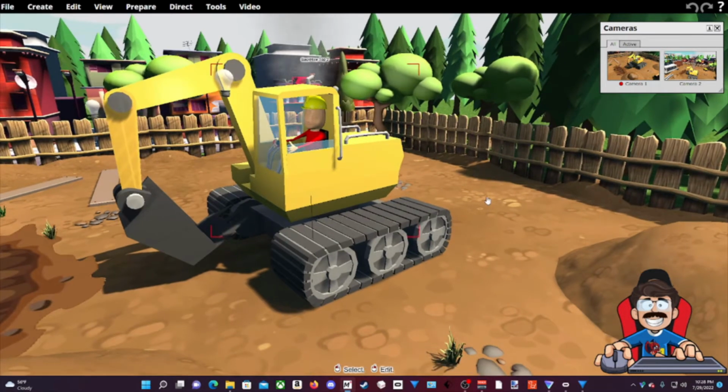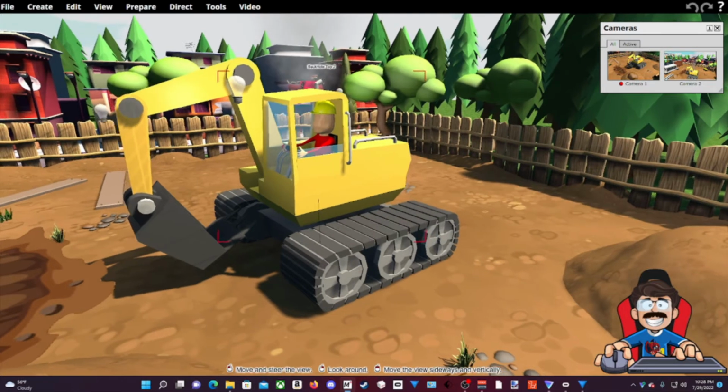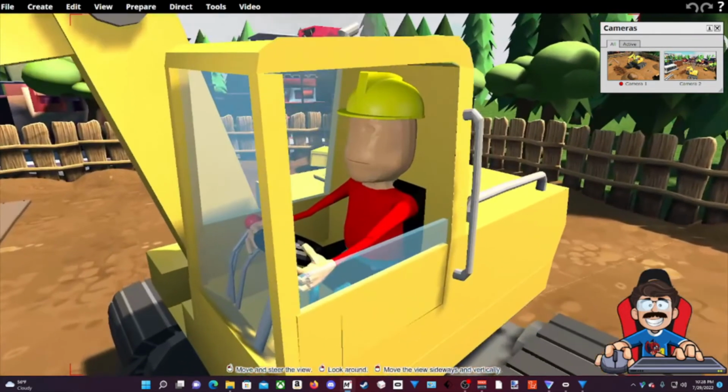So whenever you move to the other scene where it shows him on the inside of the cab of the backhoe,